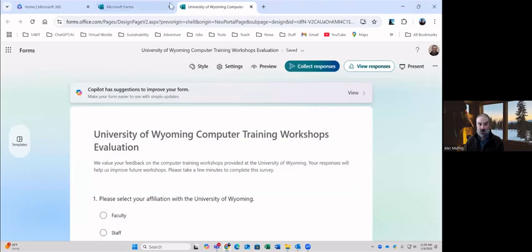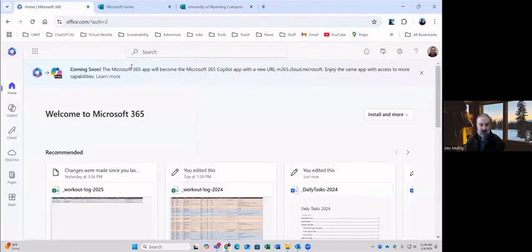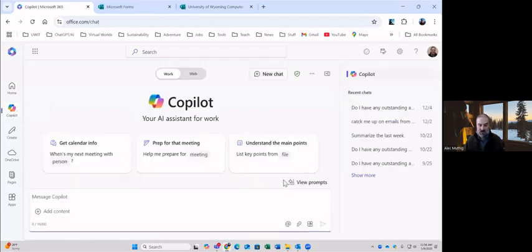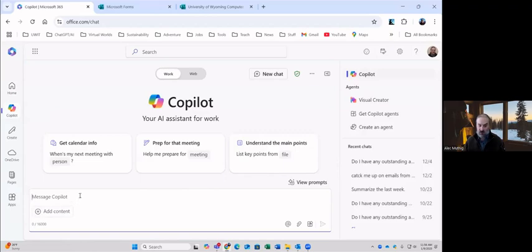I'm going to show you one more because I'm running out of time. This is Microsoft 365 in general. And I might go to Copilot just in the cloud. And I did this one recently. The university was on break, I had a 10-day break or something like that. You get back from a vacation and you have a lot to go through. I'm sure we've all been there.